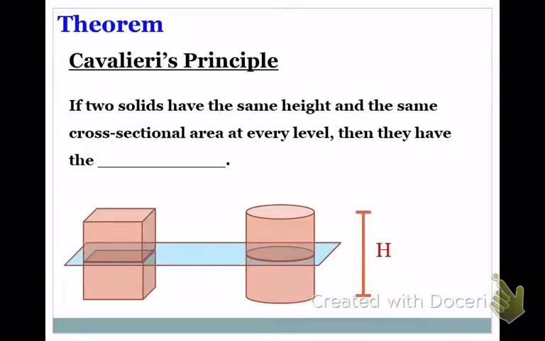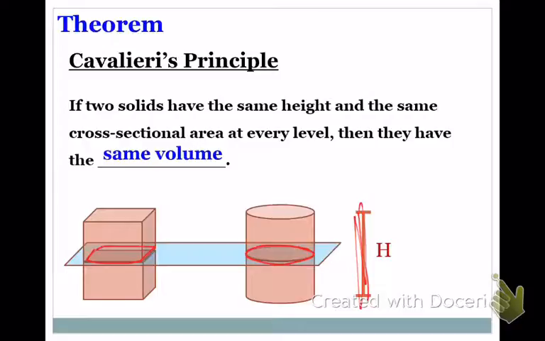Cavalieri's principle is the next theorem we're going to talk about. And basically it says that if two shapes have the same height and their cross-section has the same area all the way up and down, then they're going to have the same volume. So in other words, the cross-section of this prism is this rectangle, and the cross-section of this cylinder is this circle. So if this rectangle and this circle have the same area, and these guys have the same height, then they're going to have the same volume,